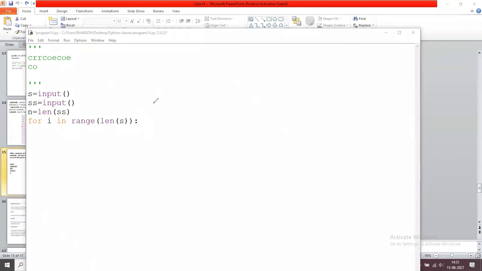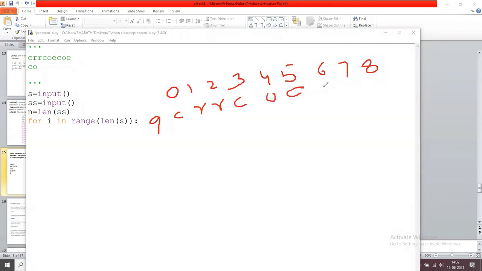The length of S is 9. So range of length of S returns a sequence 0, 1, 2, 3, 4, 5, 6, 7, 8. It stores like this. Actually, the string is CRR, COE, COE.